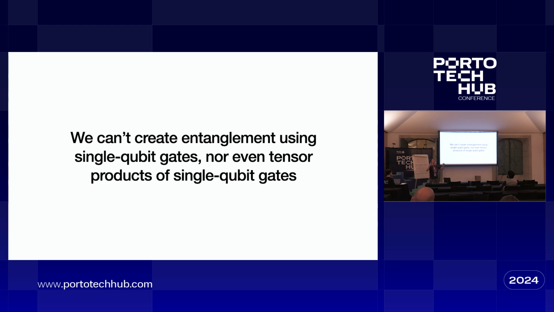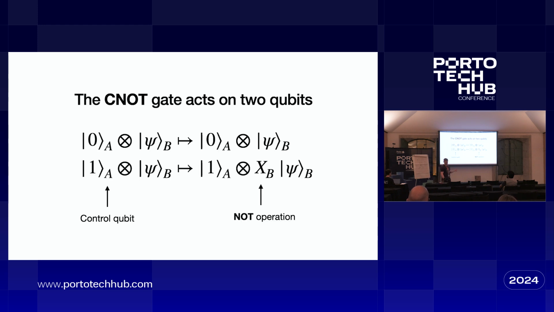So that comes back to the thing I was talking about before, okay? A tensor product of operations that act on one qubit at a time can't create correlations. They're just going to leave us with another product state. Remember we said entangled, correlated states are those states which can't be factorized. And single qubit operations acting on a single qubit one at a time are only going to produce other states which are factorizable. So cannot produce entanglement.